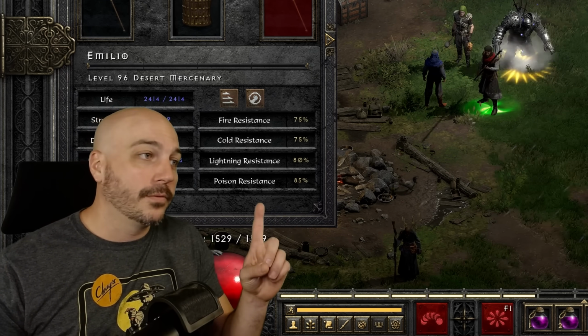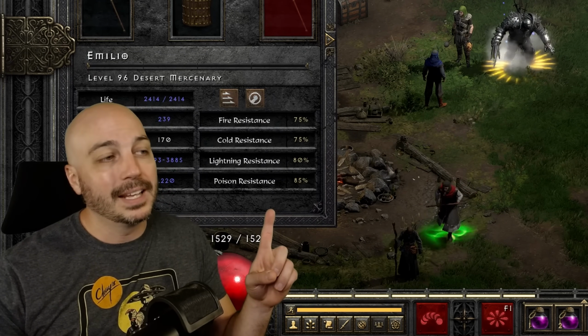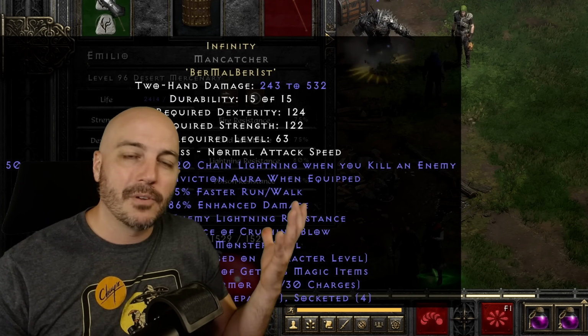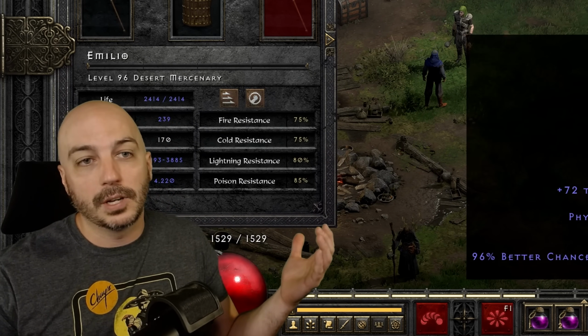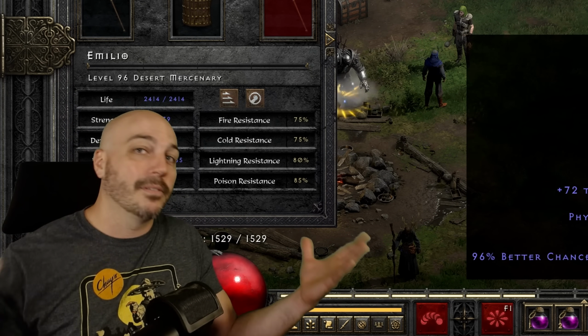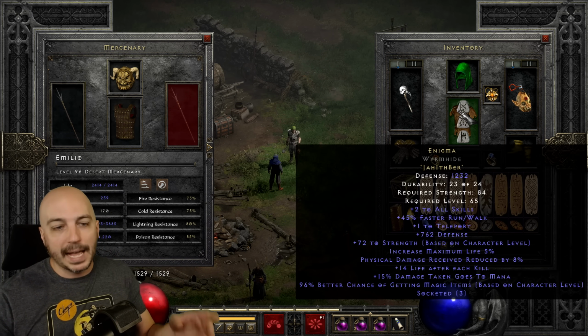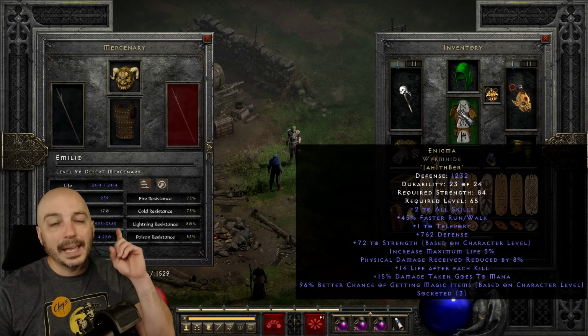and I've actually done both these before. Back in the day, I made Infinity first, and then what I ended up having to do is go back and run lower Kuros again for hours and hours and hours to get all the runes to make Enigma, because I just never found those Ja runes. So one time making Infinity first, one time making Enigma first, I would highly recommend that you make Enigma first